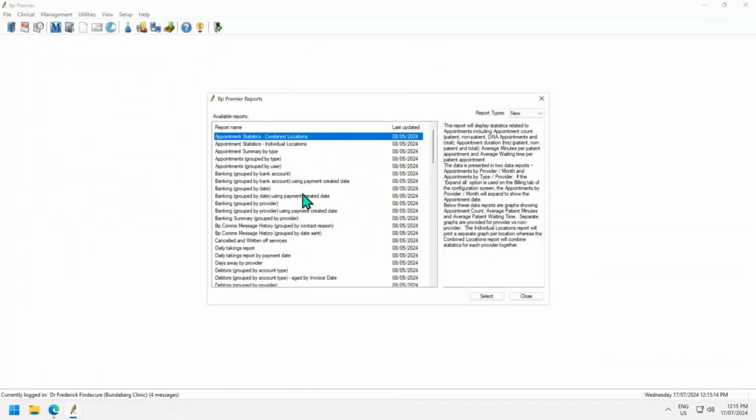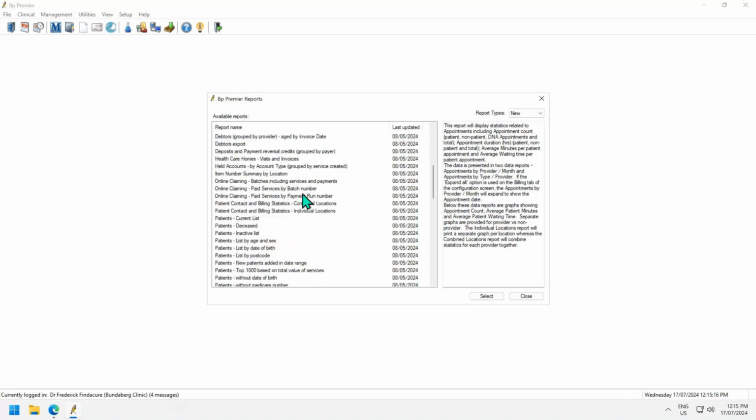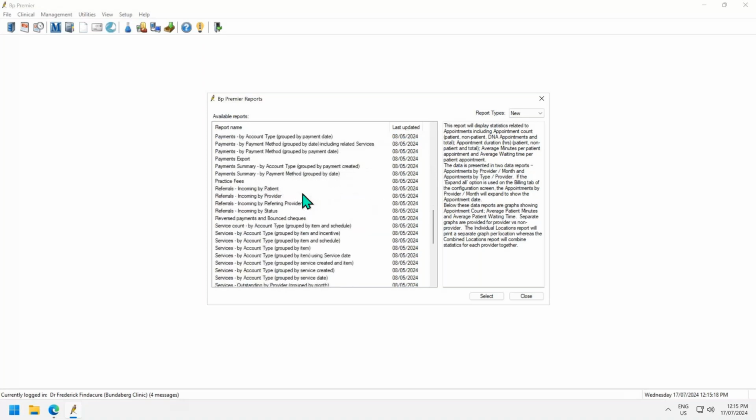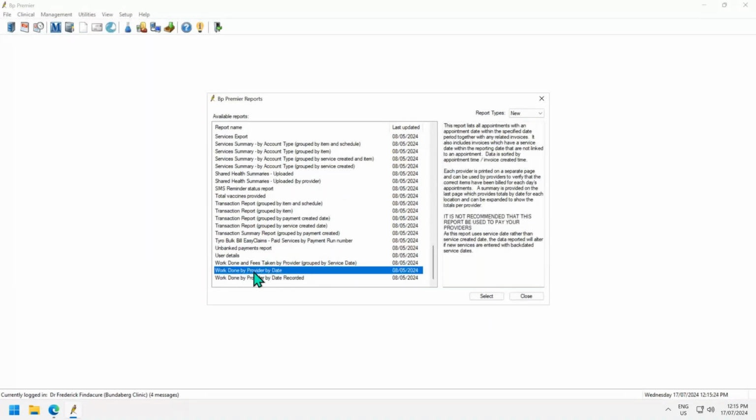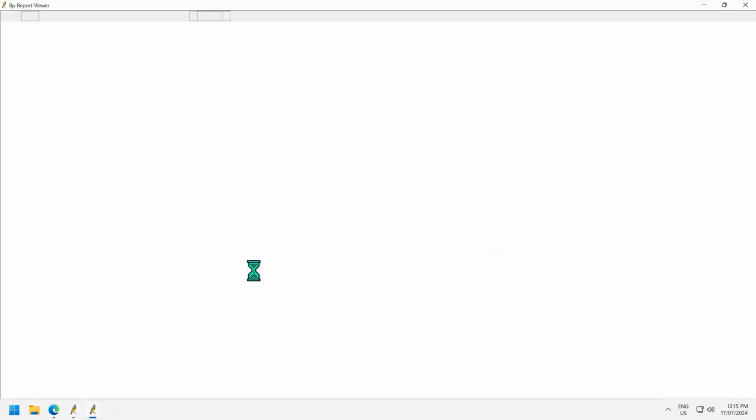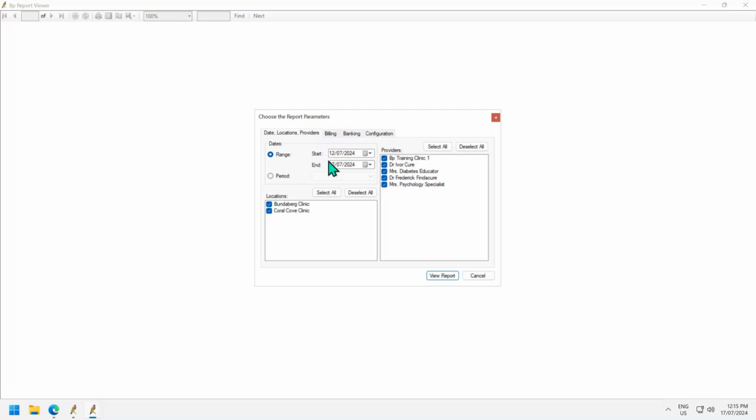And then probably the third report that you may want to run from an end of day, if I scroll all the way down the bottom in here, I do have a work done by provider by date report. And there is a big capital over here that it's obviously not a report that we would use to pay our doctors, and we'll talk about that next. But what it does do is it will show us what we've invoiced for that provider for that date period that we put in. So again, I'm just going to leave my date, but you could change it to be today's date, and I'll view my